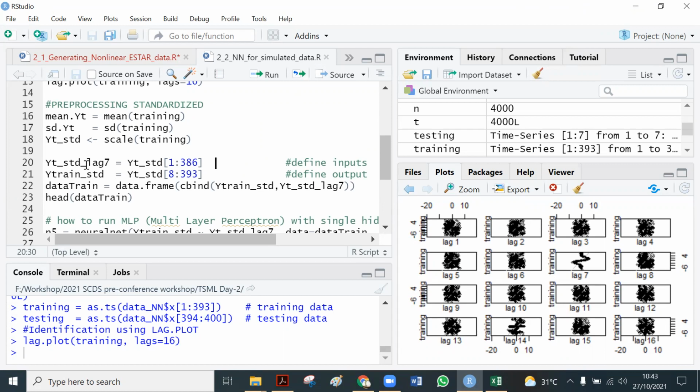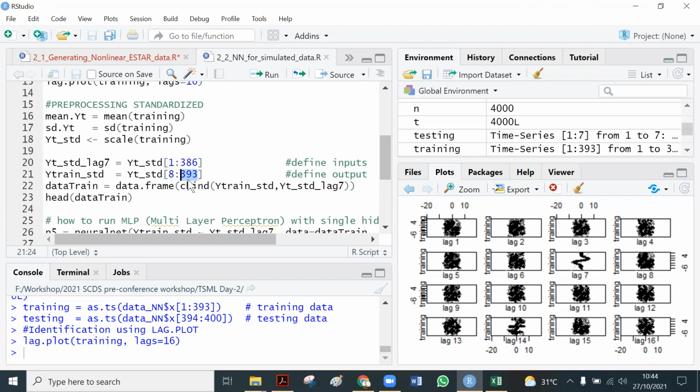So this is the data at lag 7. It means this is the data from the first observation until 393, because we left the remaining 7 observations as the testing data set.